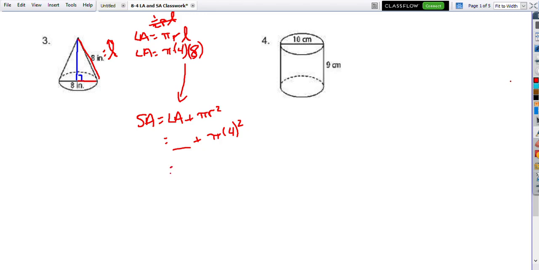And then just remember, in terms of pi, or are you rounding? So make sure you check that answer for yourself. Okay,